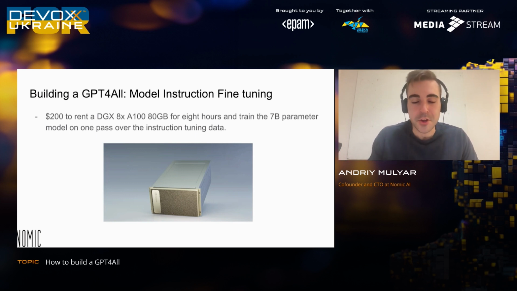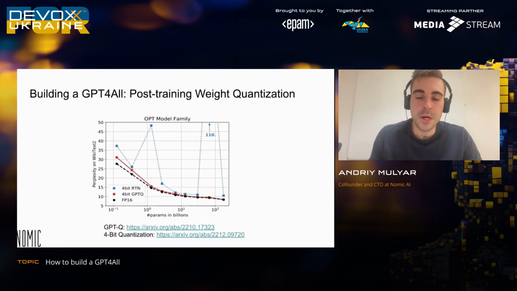So you need some serious hardware to train these things. This was the case last April, last May. Currently, there are techniques that allow you to do this on less intense hardware. If you have 3090 or 4090 GPUs from NVIDIA, there are some stacks to be able to do this yourself. But the easiest way is to go in and rent one of these big boxes. They work with most of the open source training frameworks, specifically the training logic that we have in GPT4All.